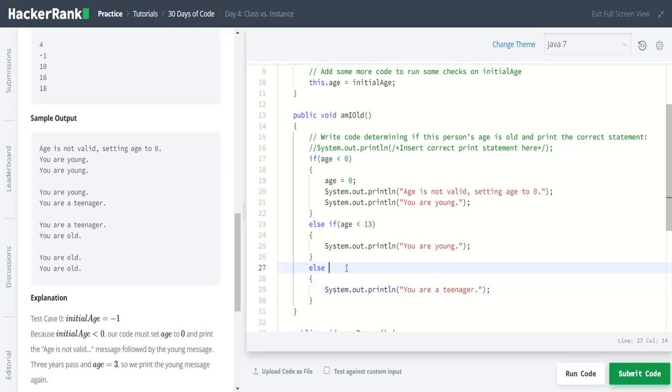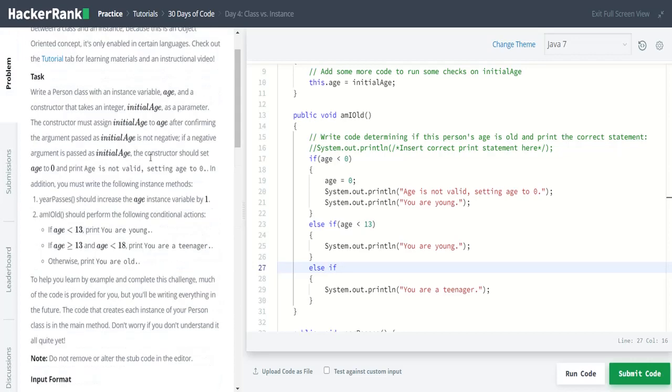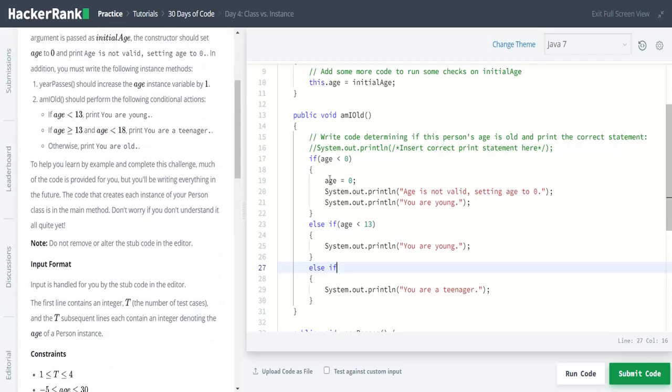But before this, we have another condition, that is else if, as you can see here, one more condition is there. So let us give that condition, that is if age is greater than or equal to 13 and age is less than 18.